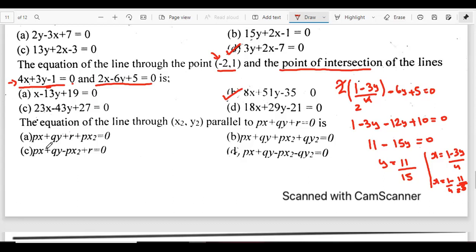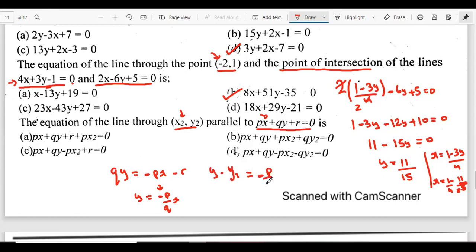Okay, let's talk about the next one because I want to cover more questions. That is why I'm skipping. Through (x2, y2), parallel to this line, the slopes would be the same. So the slope is going to be minus p by q. I have to use these values. So the answer is going to be